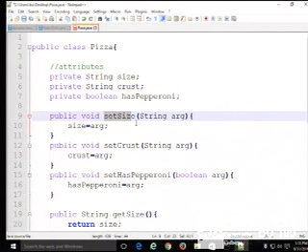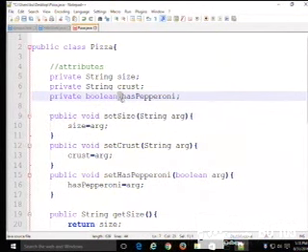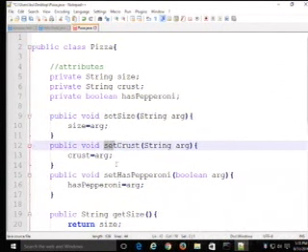Use what's called camel case, where the first word is lowercase, and then each successive word is capitalized. So, hasPepperoni. This isn't a class, so therefore we don't capitalize the H, but we do capitalize each subsequent word. So, hasPepperoni. setSize, setCrust, and so on. All right?